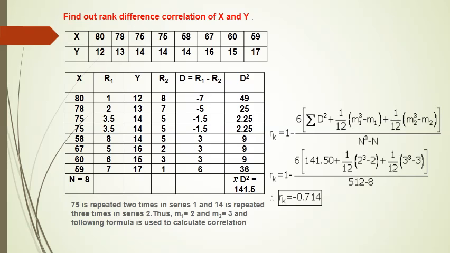If you have a question to solve, you have to remember these points. First, you have to give the ranks if ranks are not given, and you have to give the same rank to equal observations. If there are repeated ranks, there is a slight difference in the formula, and you have to remember what you have to add if there are repeated ranks, what the value of m will be, and how many times m will appear in the formula. It depends upon the repeated ranks, and the value of m depends upon the number of times a rank repeats itself.